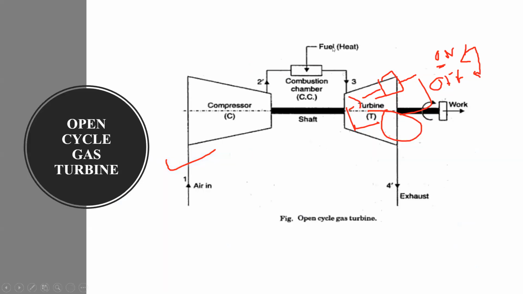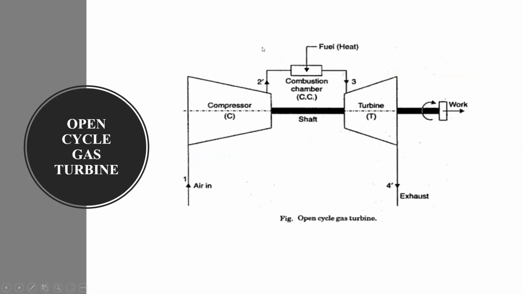First of all, we see the open cycle gas turbine. This is the diagram of an open cycle gas turbine. Try to carefully observe this diagram, everyone. If you understand the open cycle, then it is very easy to understand the closed loop cycle. Now let's start the operations. We already covered this diagram in the layout diagram. Once again, I repeat this concept. I think some students still have not got the idea about the gas turbine power plant. Those students, please carefully